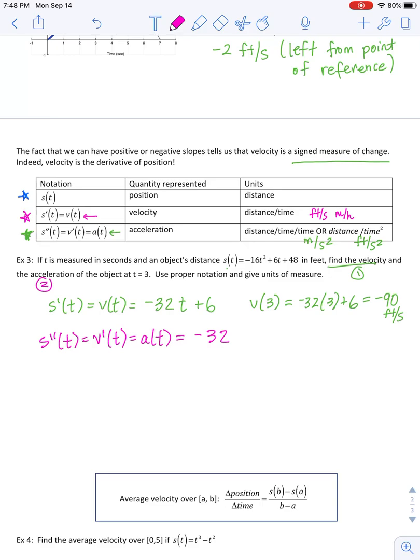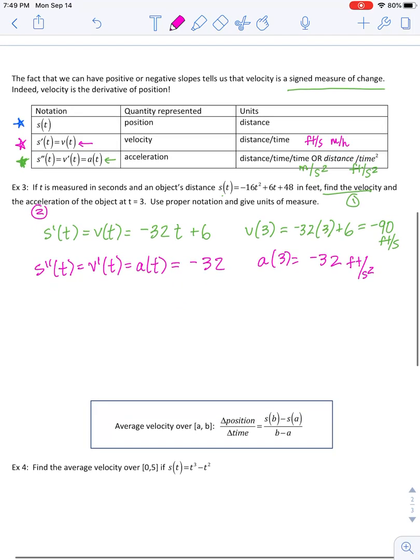There's no longer a variable there of t because it got wiped out in this differentiation process. So that means that my acceleration at 3 is negative 32. And then as far as units are concerned, that is feet per second squared. Okay. Just making sure, it's really just working on the notation and understanding velocity is your first derivative and acceleration is